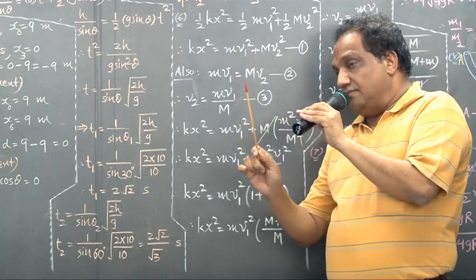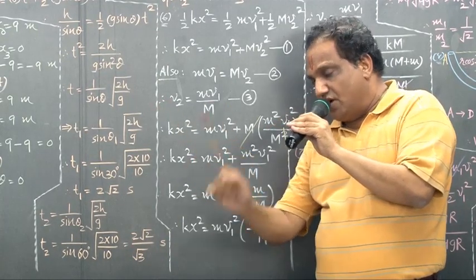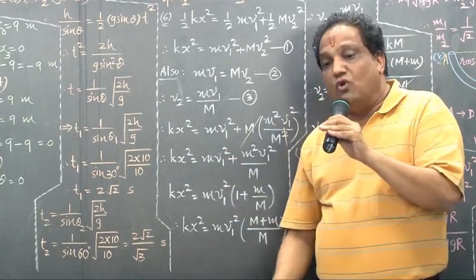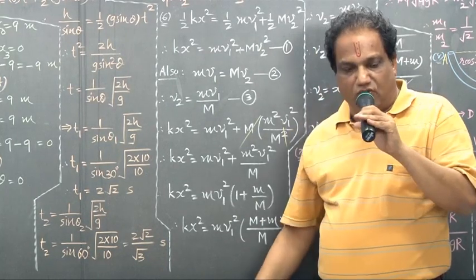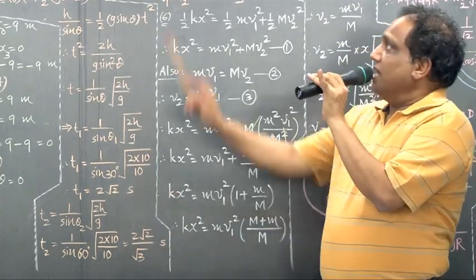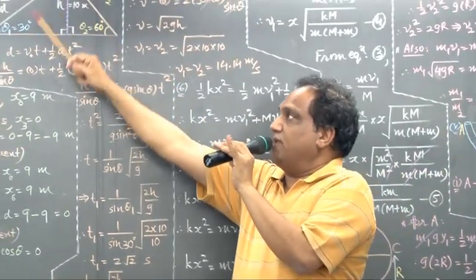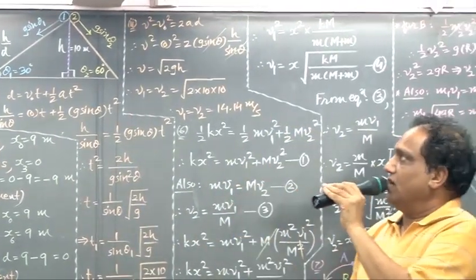In the examination, they may simplify this value and they may give you a decimal point. So you should put the value of root 2 as 1.414 and root 3 as 1.732. Ultimately you can simplify. Fine. And now they have asked, what about the speed of both the bodies as they reach the bottom of the slope? Let us find out that also.